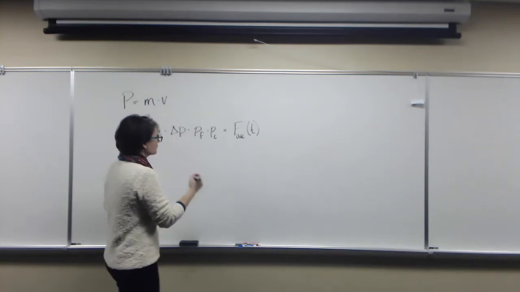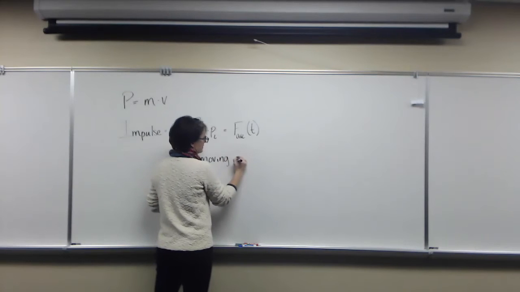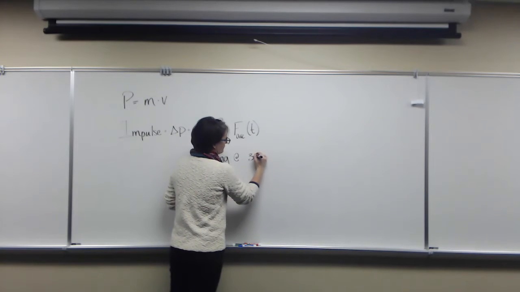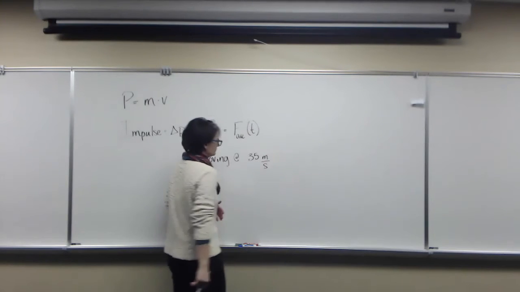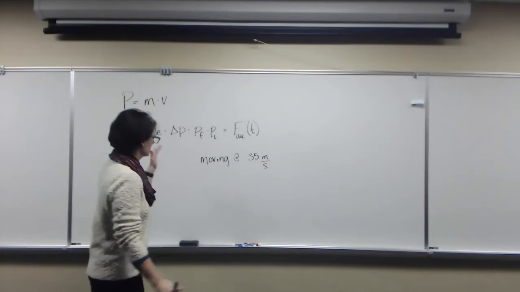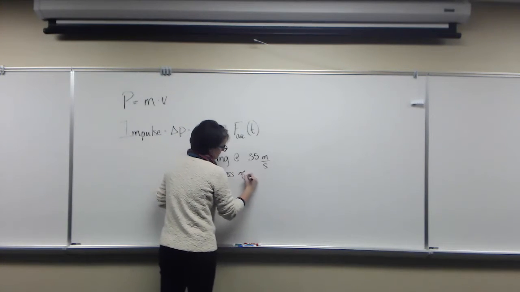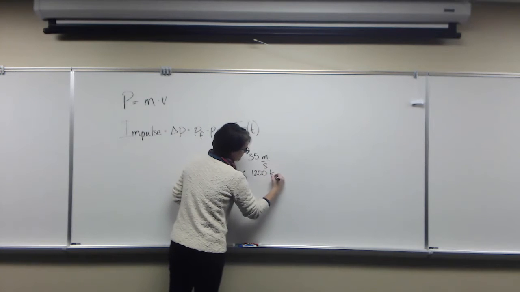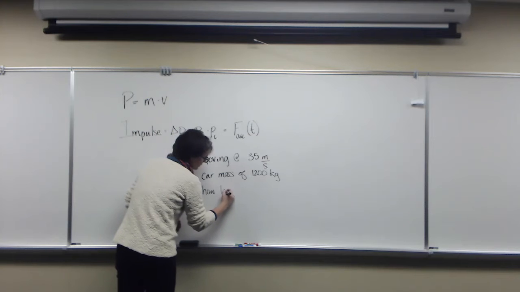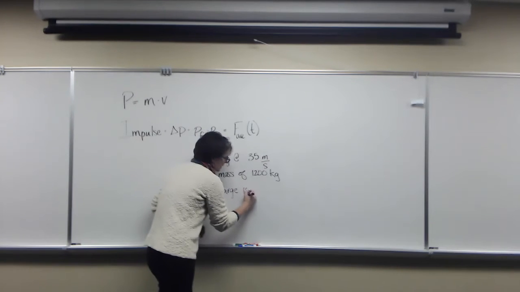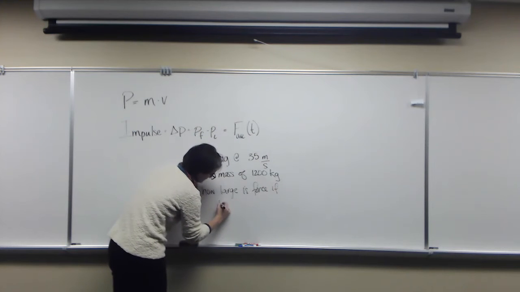So if a car is moving down a highway at 35 meters per second, and the car has a mass of 1,200 kilograms, let's say the car hits a barrier. How large is the force if it hits a barrier,